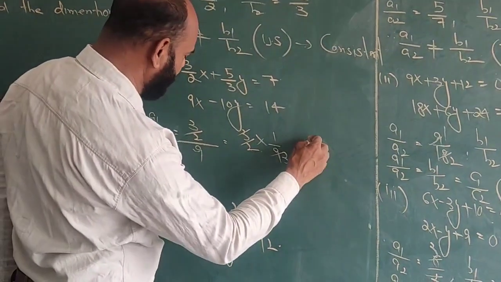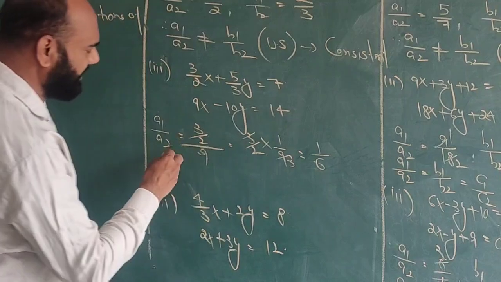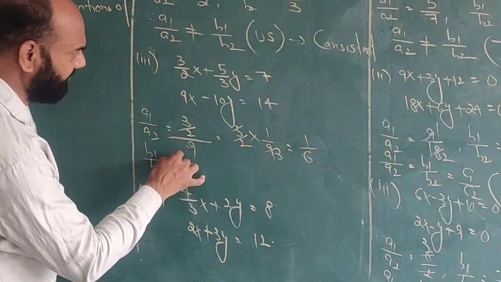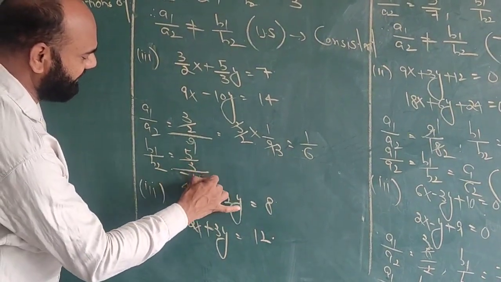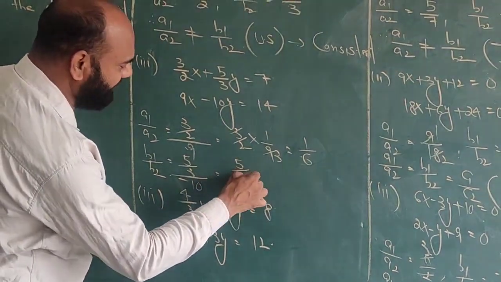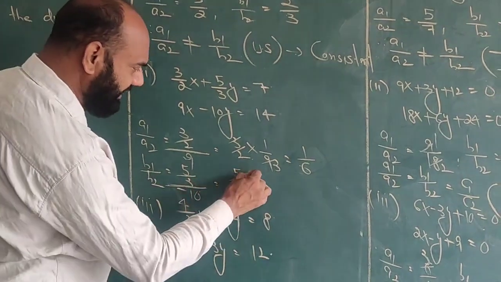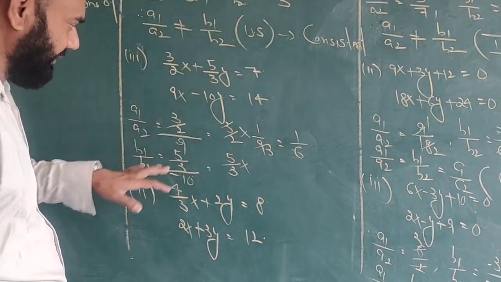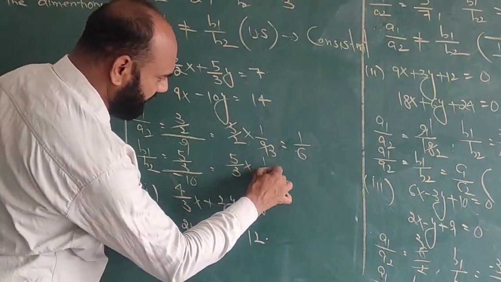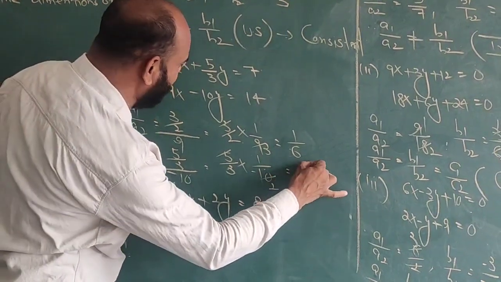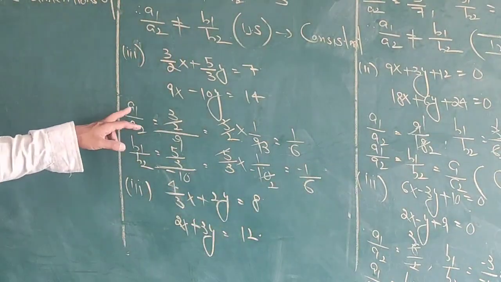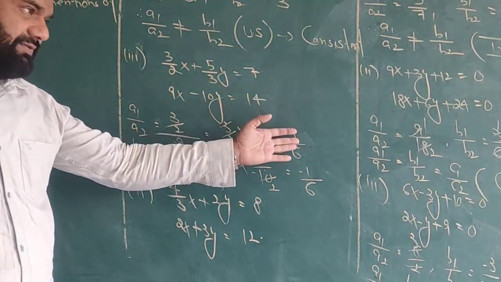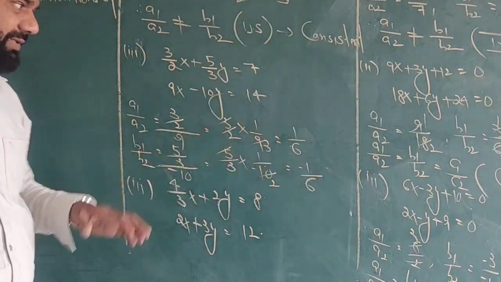So this is equal to 1 by 6, and b1 upon b2, this is 5 upon 3 upon minus 10. This is also calculated. This is 5 by 3, and this is main dividing, and when main dividing is changed to multiply, then the term which is in the denominator of main dividing must be changed to reciprocal. So which is equal to minus 1 by 6, and we see here a1 upon a2 is never equal to b1 upon b2, because a1 upon a2 is 1 by 6 and b1 upon b2 is minus 1 by 6.